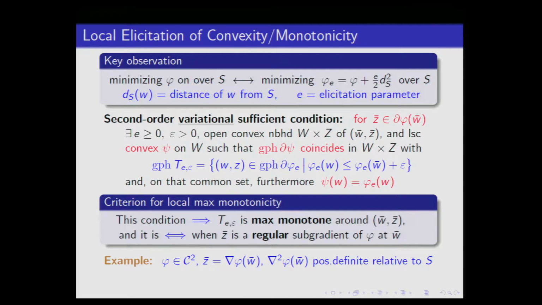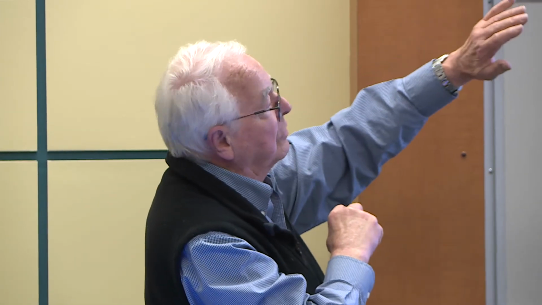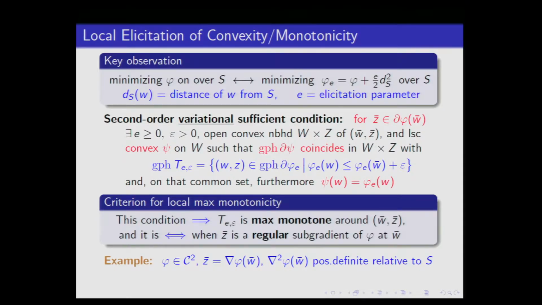However, it could change properties of the function. That could be very beneficial. And here's what comes out of it, in an extremely general context: minimizing a lower semi-continuous function over a subspace. There's a second order, I call it second order because there's convexity behind it, variational sufficient condition. And this is assuming I have the first order condition. I'm looking at a pair that has the first order condition. So this takes a little bit of understanding. It's maybe hard to understand this at the beginning.